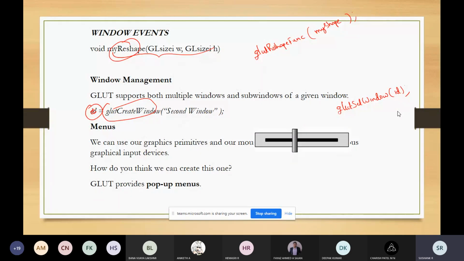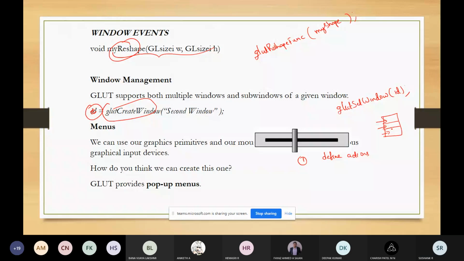What steps are to be followed? How do we create these menus? The first step is to define the actions which correspond to each entry. If we have five entries, define an action for each of the entries in a menu.